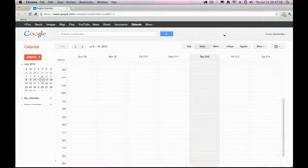Tonight I would like to go over a beginner's tutorial for Google Calendar as of 2012. In order to use Google Calendar, you first need to have a Google account. If you don't already have one of those, go ahead and go to gmail.com and sign up for a new account. You get a Google account, and it comes with a lot of different features, and Google Calendar is one